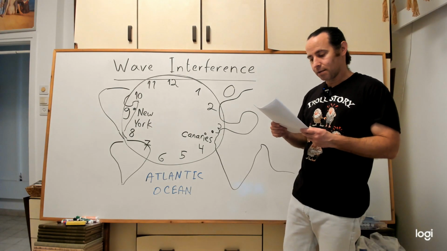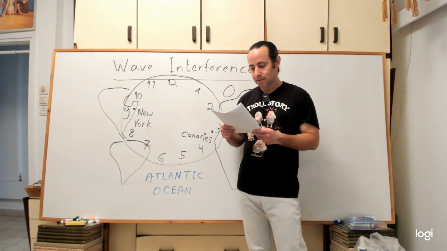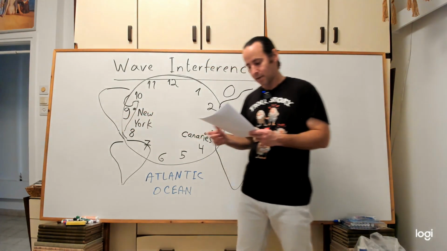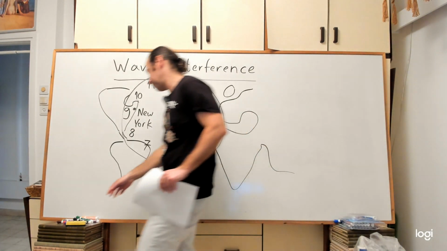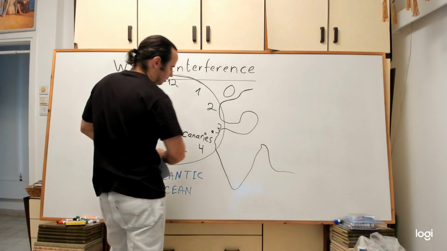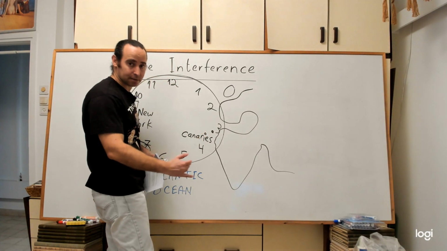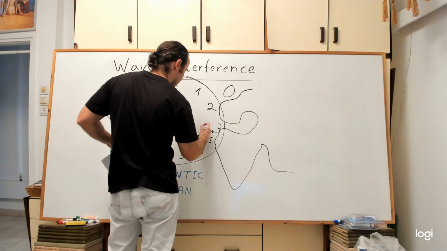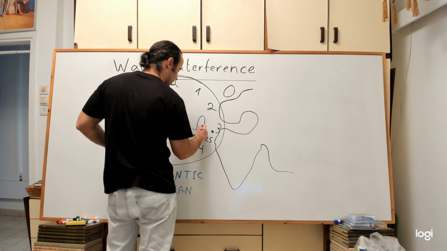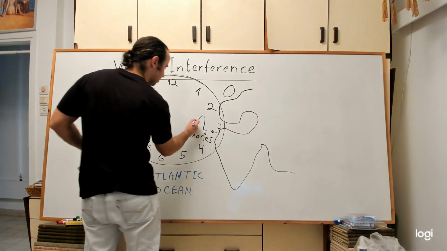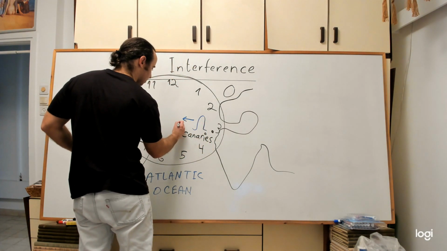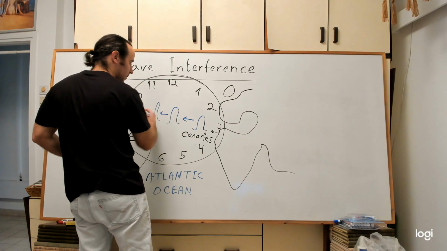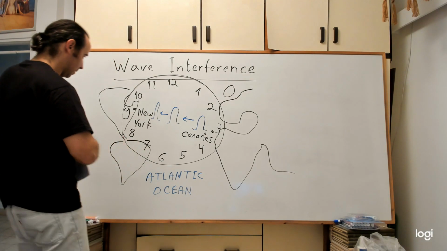The original tsunami wave starts from the right and goes to the left. The original tsunami is when the Canaries collapse, part of the mountain collapses into the sea. There is a tsunami here, and this tsunami moves to here. So after some time it's here, after another it's here, and we need to stop it.